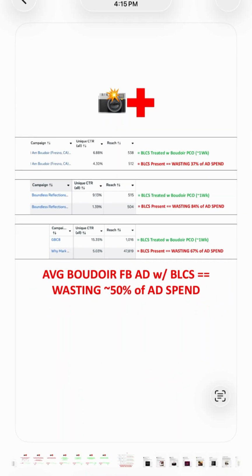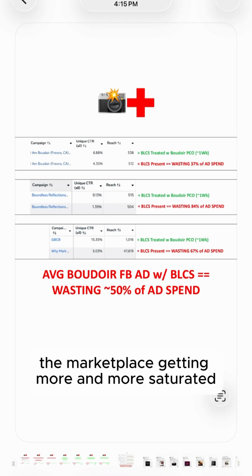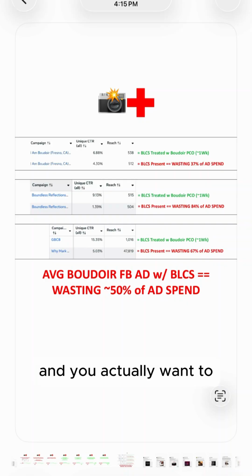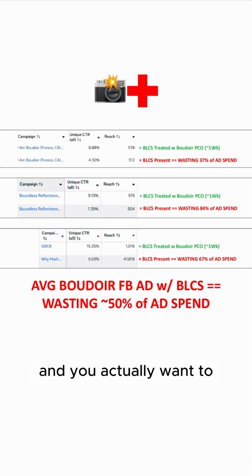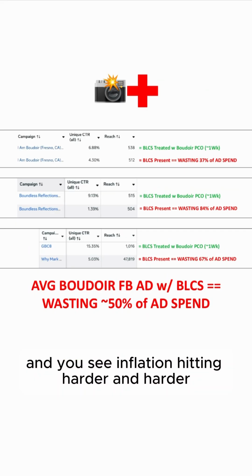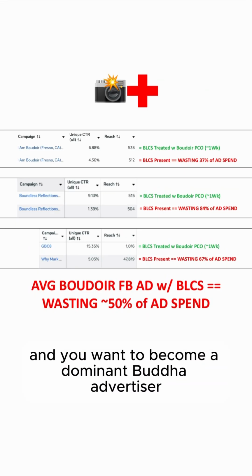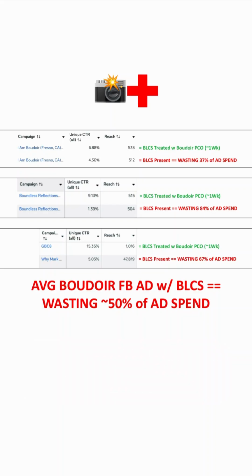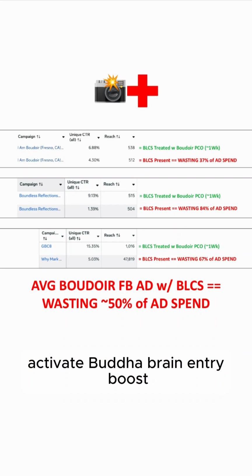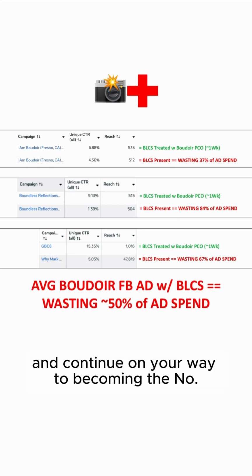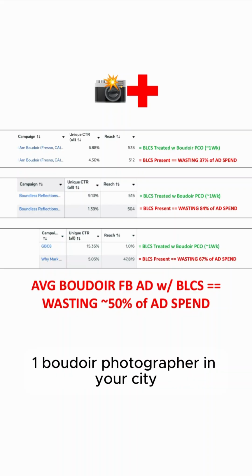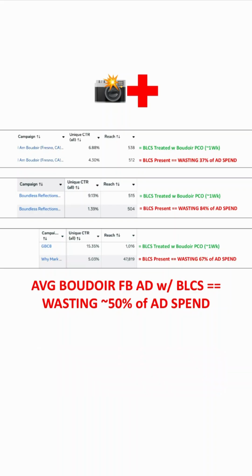And so you see the marketplace getting more and more saturated, and you see inflation hitting harder and harder, and you want to become a dominant boudoir advertiser, achieve pre-click alignment, activate boudoir brand entry boost, and continue on your way to becoming the number one boudoir photographer in your city, then